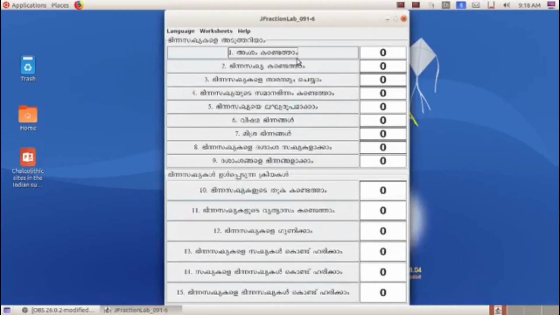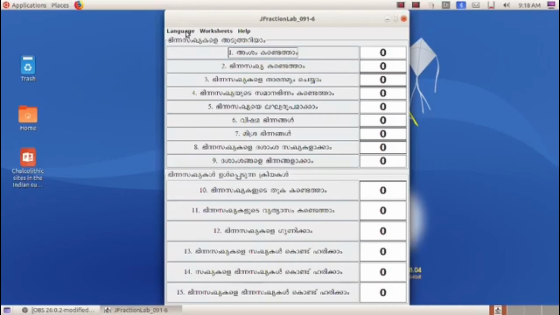At the beginning you can see it is in Malayalam. So this is our second topic, that we need to convert the language from Malayalam to English. At the top left corner you can see an option called language.